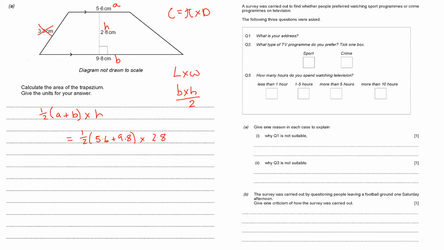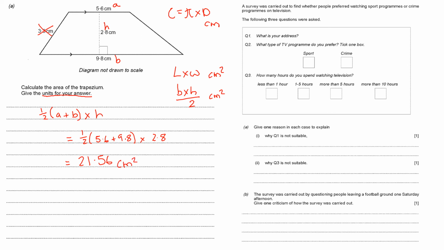So I'm going to write a half, times, in brackets, sorry, open the brackets, 5.6 add 9.8, and then times 2.8. Let me just do that really quickly. Get in there. And the answer is 21.56. Now, because we were working out area and it says give the units for your answer, when we did the circumference earlier, it was the distance, so that would be centimeters. But any area question,